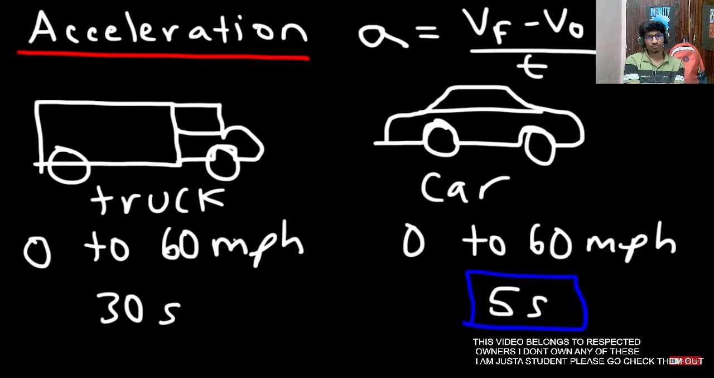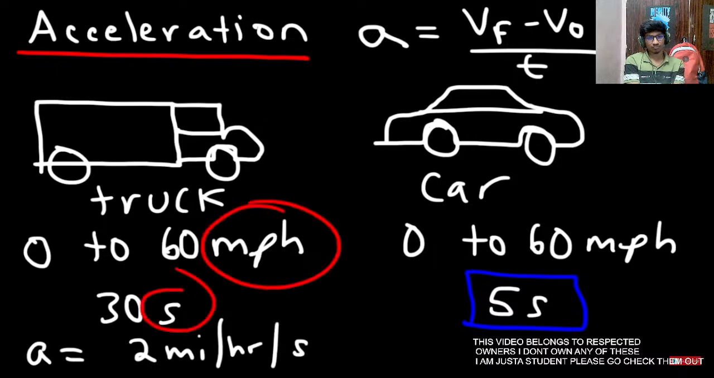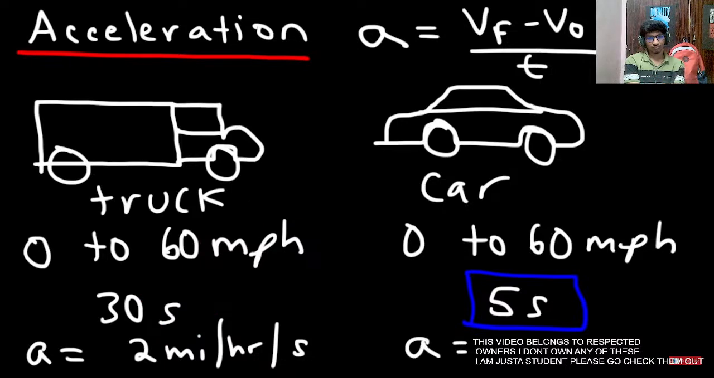So to calculate the acceleration of the truck, notice that the change in velocity is 60. 60 minus 0 is 60, divided by the time, which is 30. So 60 divided by 30 is 2. So the acceleration of this truck is 2 miles per hour per second, because we divided miles per hour by seconds. So it's miles per hour per second. Now, the acceleration of the sports car is 60 miles per hour, that's the change in velocity, divided by 5 seconds. 60 divided by 5 is 12. So it's 12 miles per hour per second. As you can see, the acceleration of the sports car